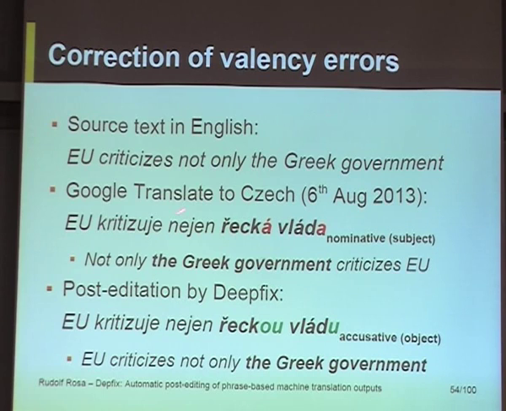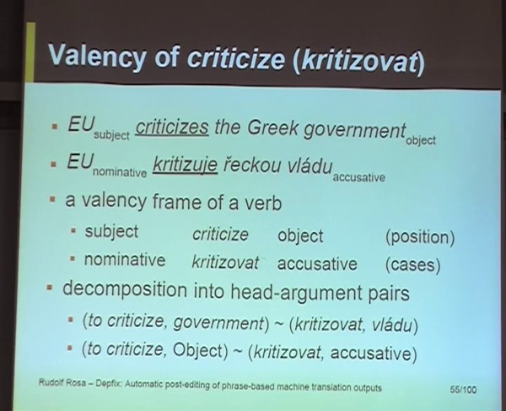If we knew that something should be the subject, like EU, it's easy: we put it into nominative case, because subjects are nominative. If it is an object, we maybe should put it into accusative, but maybe some other case, and maybe in Czech it should even get a preposition. It can be varied. So this is where valency comes into place.